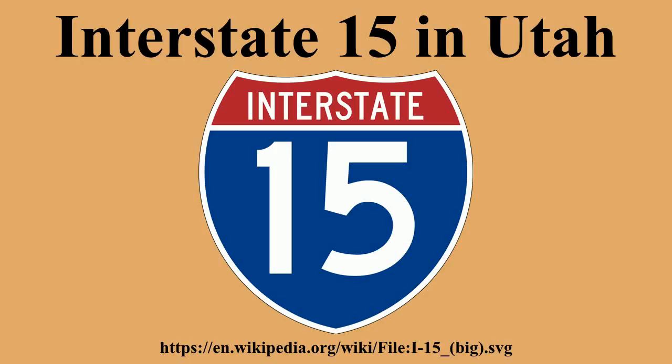mile north of town. The interstate then turns north and passes by the eastern side of Mona and has an interchange with State Route 52. Continuing north it passes by the eastern edge of Rocky Ridge before promptly leaving Juab County and entering Utah County, northern Utah. As the freeway enters Utah County, it also enters Utah Valley, the Wasatch Front, and the Provo-Orem metropolitan